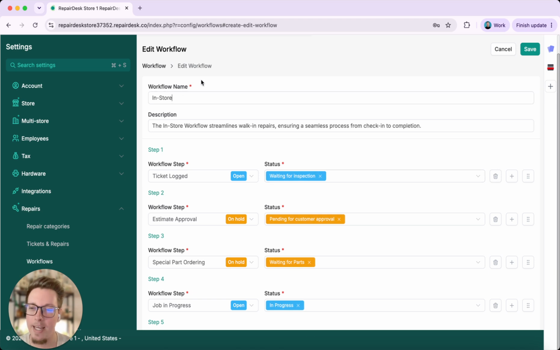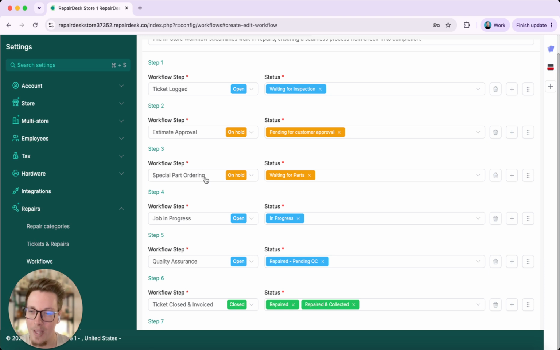We'll start by defining a workflow name. This is important. This is what your team sees as the name of the workflow for them to associate with a ticket during the ticket creation process. If you have different workflows for computer repairs as you do phone repairs, you'll want to make sure to name it accordingly. A brief description of what the workflow is going to be used for, and then we're down to